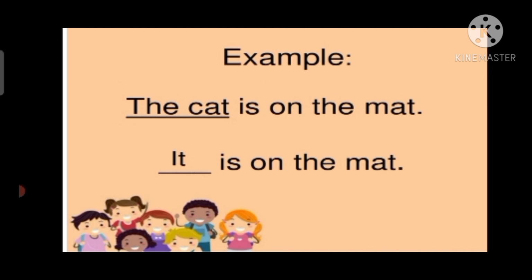So he, she, it, I, we, they are called pronouns. Pronouns we are using instead of nouns. He we will use for all the boys and for all the male. She we will use for all the girls and for all the ladies, etc. And it we will use for animals, birds, plants, objects, things, etc. So he, she, it, where we are using. Is it clear?